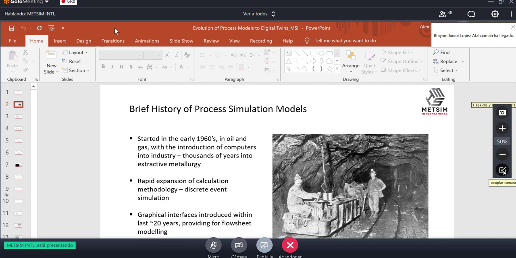One important note about that, that's thousands of years after extractive metallurgy. So although we've been able to create quite a bit in 60 years, we haven't quite gotten to the point of encapsulating all of the knowledge that we have developed from the very start of mining and extractive metallurgy. But we are rapidly expanding our calculation methodologies, and what Metsim and many other simulators use these days is called